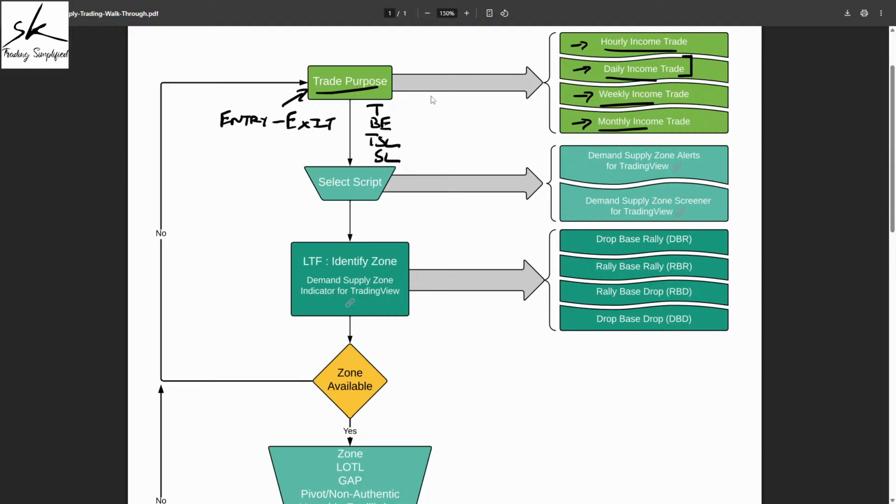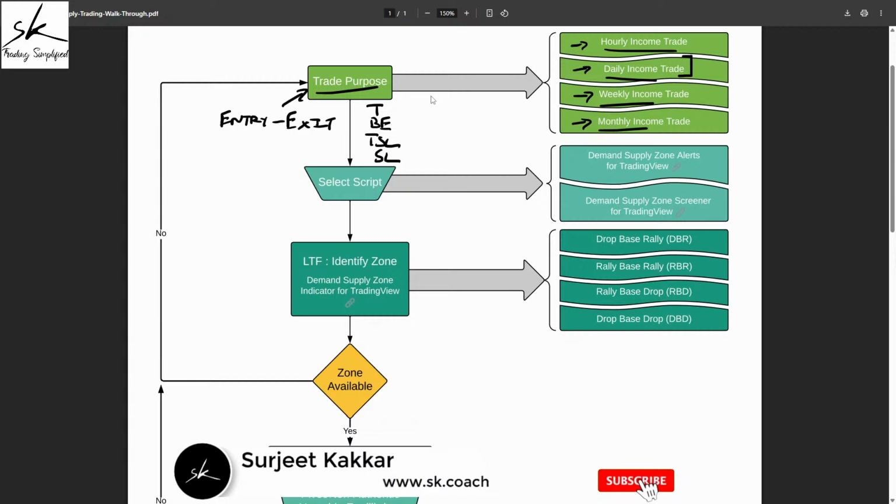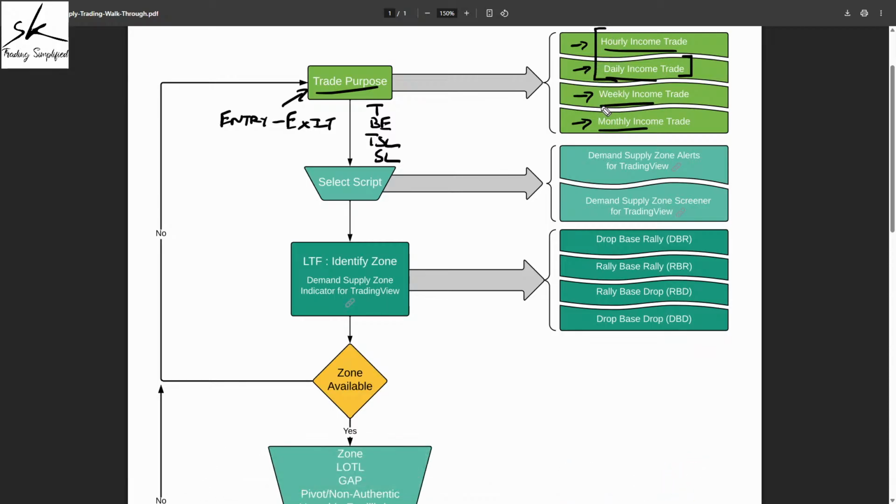So we understand that whenever we are holding a position overnight in a market which is not a 24 hour market, we do have that add-on gap risk which cannot be avoided. And that is the reason my recommendation to all of you is that your hourly dailies should be strictly done as intraday trades. We don't want to have that unnecessary overnight gap risk by keeping these positions as overnight positions.